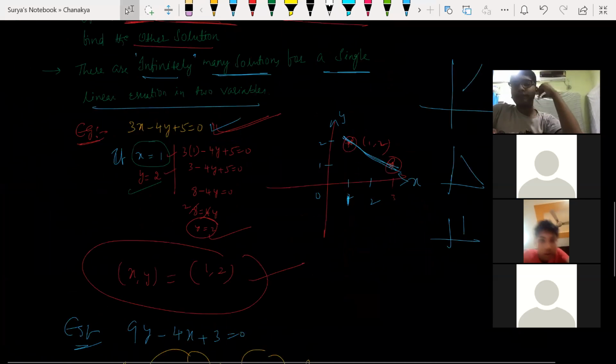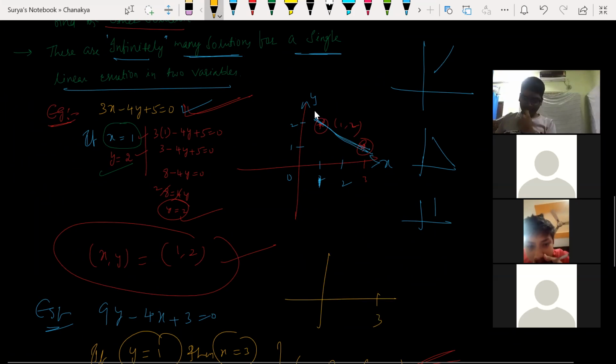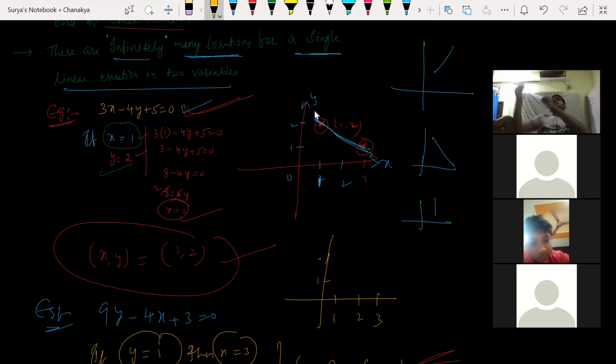Getting my point? So how will you draw 3, 1? Sir, I did not get that. How will you draw 3, 1? What did you learn in the coordinate system? Sir, this is just the points, sir. How will we get the line? 1, 2, 3. This is 1, this is 2, this is 3. Plotting the point: 3 is the x coordinate, 1 is the y coordinate. So my point will be coming here.